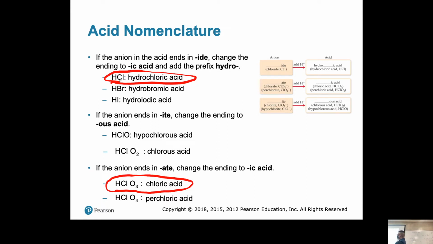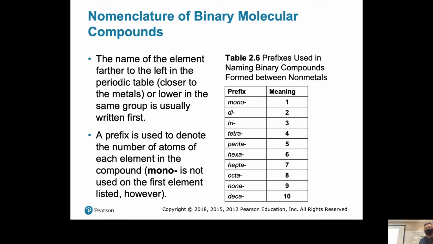So just remember, 2 elements for binary acids, always begin in hydro, always end in ic. Okay, and then if it's a polyatomic with an oxyanion, if it ends in ite, it becomes ous, and you don't have hydro. And then if it ends in ate, you change it to ic, and you still don't have hydro. Okay? Don't worry, we'll be doing a lot of practice with this in the next